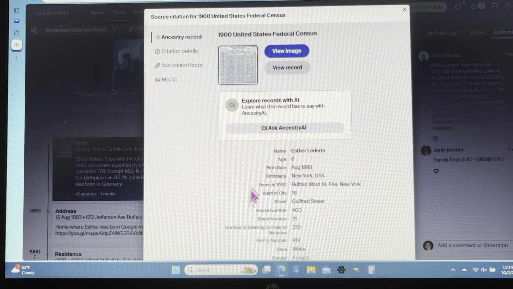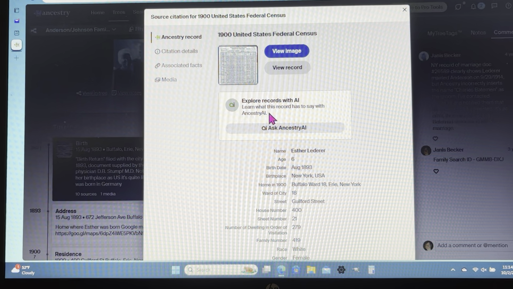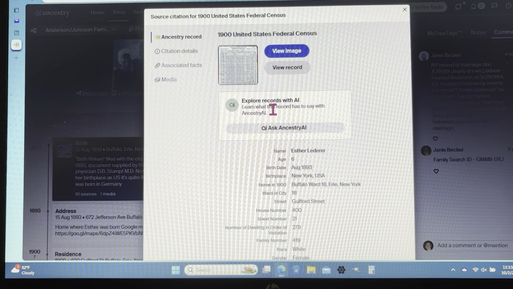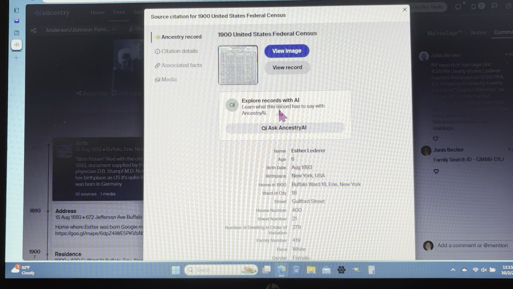You could drop down here and look at all of this, or I don't know what this is. That is something new. I'm completely out of information on that. That's something I haven't even seen since yesterday. Maybe it's been there, I don't think so. That is very new, and I don't know.